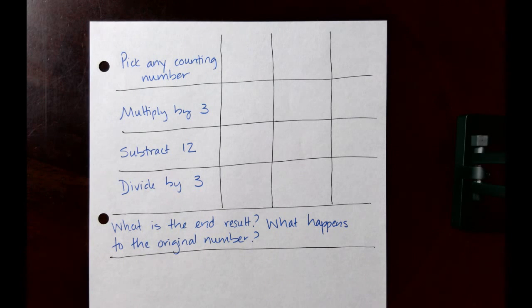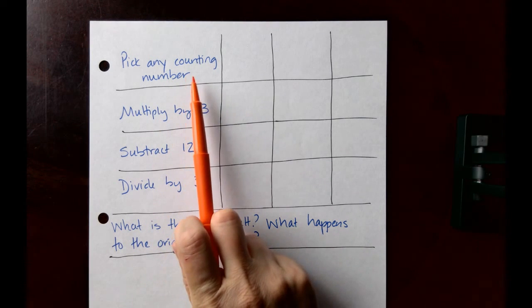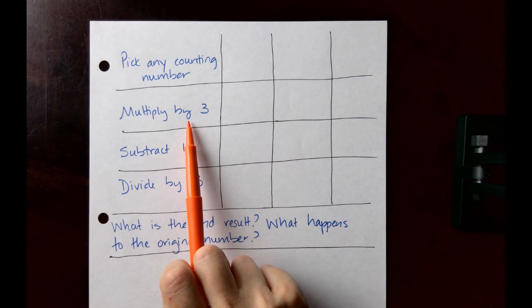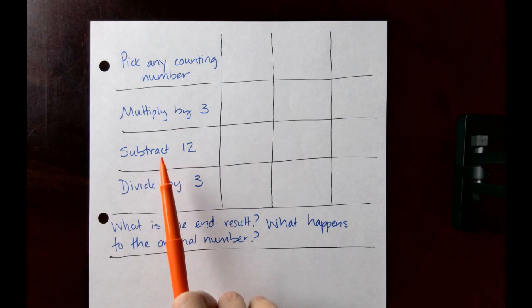Welcome! We're going to be doing a little bit of puzzling here today. You are in charge of picking any counting number that you want. I would make things easy on yourself if I were you. You'll take your counting number, multiply it by 3, then take that answer and subtract 12, then take that answer